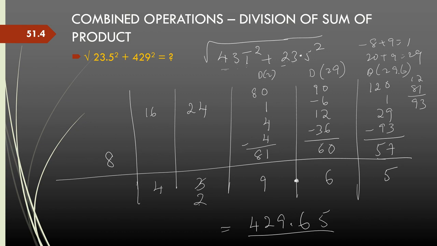Now this calculation of 23.5 square plus 429 square and then taking a square root is not possible in conventional techniques until you use a calculator. It will become very difficult. The power of the duplex method and the power of the place value system is such that I can start calculating the answer from the left, and I can stop wherever I want.